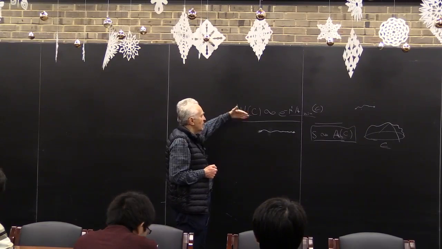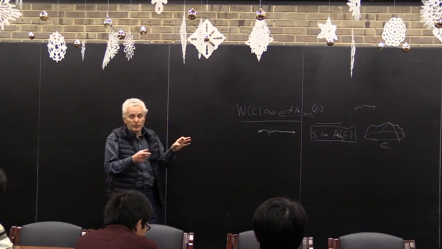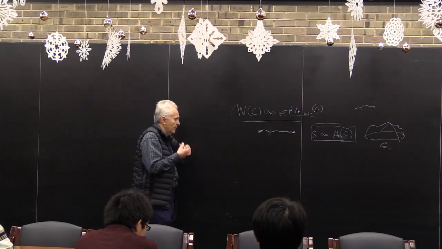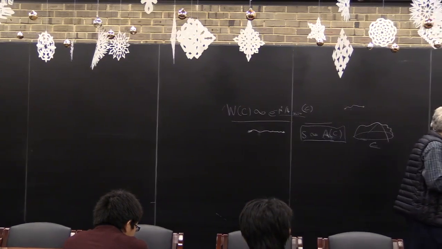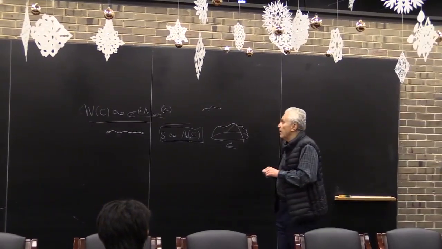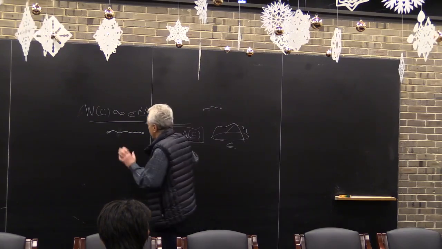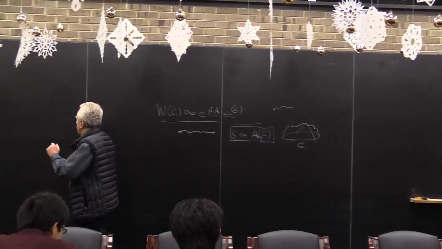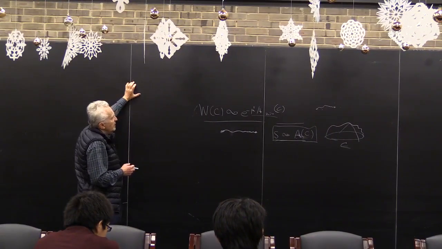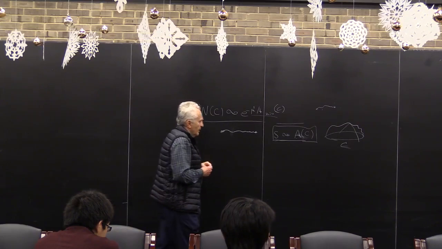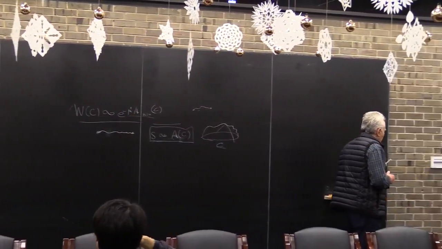Still, it's interesting. In any case, it's a win-win situation to have this gauge string duality, because some problems are easier solved in the language of fields, and other problems are easier solved in the language of strings. But that we will be discussing next week. What we will discuss today is some other aspect of the Wilson loop, and more generally,